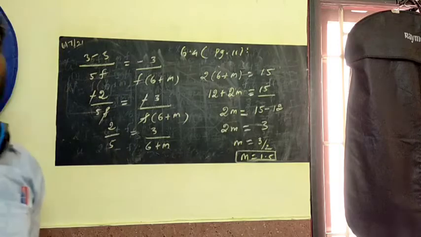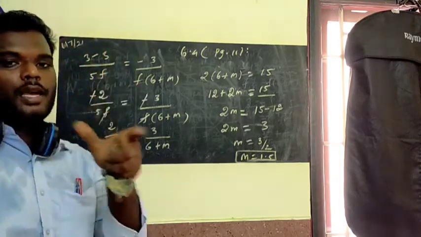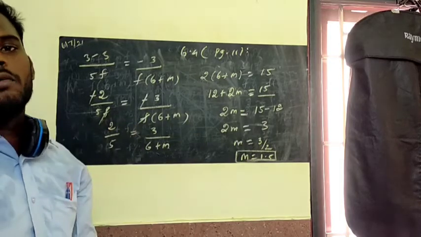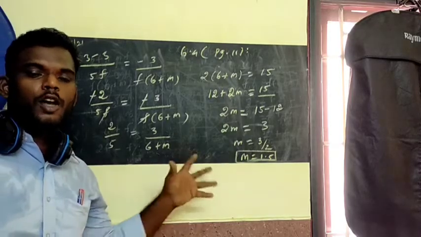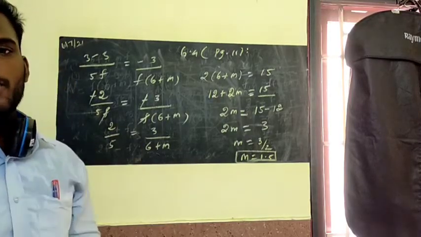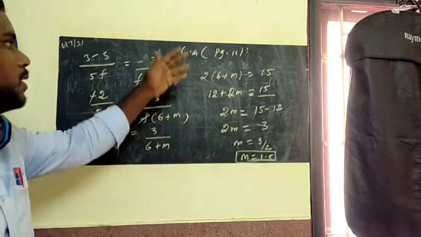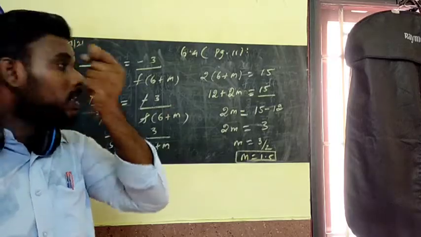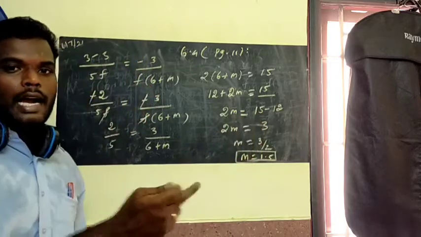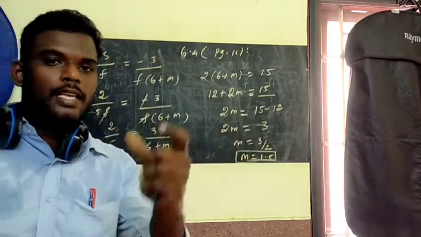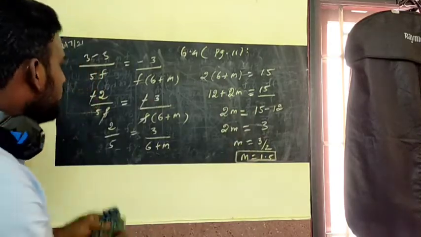This will be the magnification. The longitudinal magnification in the case of a rod is when the image of a rod touches its own rod. Is that clear? We want to know the values of u and v. If you find the values of u and v, you can easily solve the problem. This is exercise 6.4, page number 11. We saw that the u value is 5f by 3 and v is f into (6 plus m) by 3. This is the way we can calculate the longitudinal magnification.